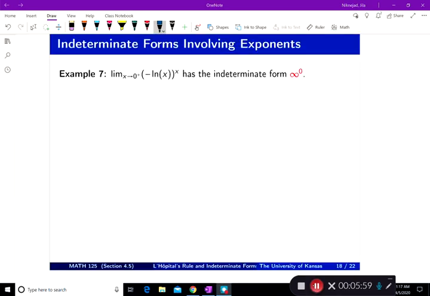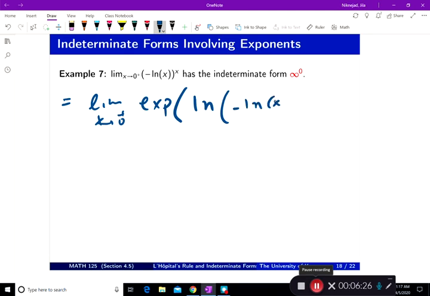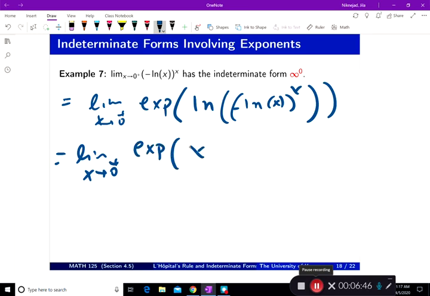Now let's do a limit that is infinity to power 0. This time around, I know that as usual I'm supposed to do limit x goes to 0 from right side, exponential of natural log of whatever I have in here, and then by doing that, basically the exponent will come down, and so limit as x approaches 0 from positive side, exponential, x comes down, natural log